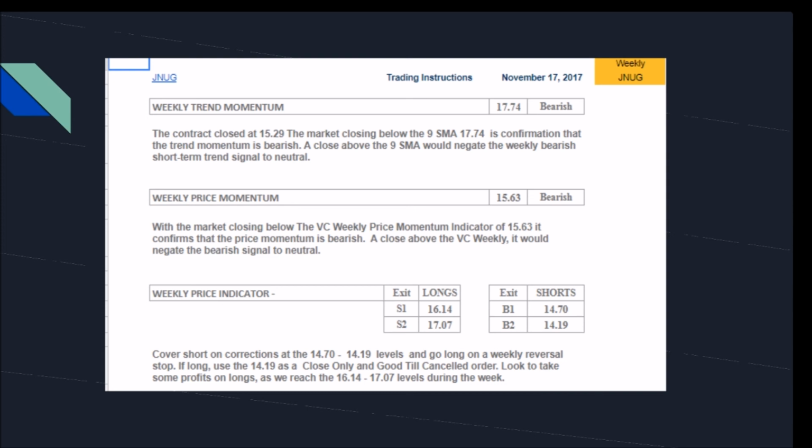The first projected anticipated level of resistance is the supply above the VCPMI, called sell 1. The next higher resistance level is sell 2. The first level of projected support demand is buy 1 under the VCPMI. The next lower level of support is buy 2.